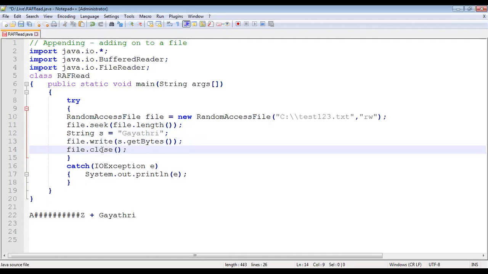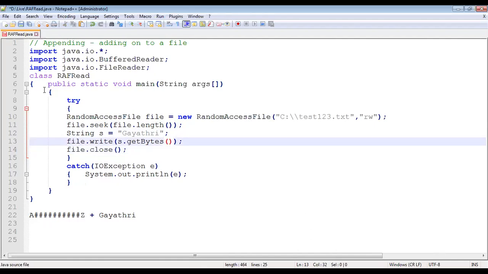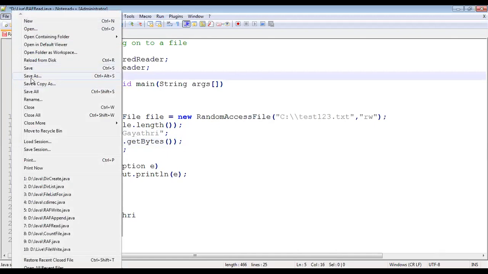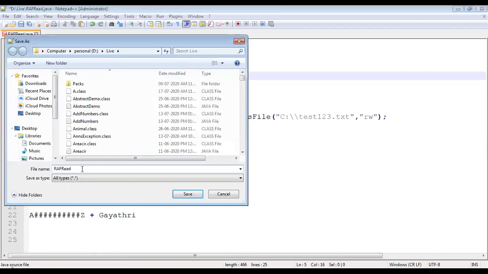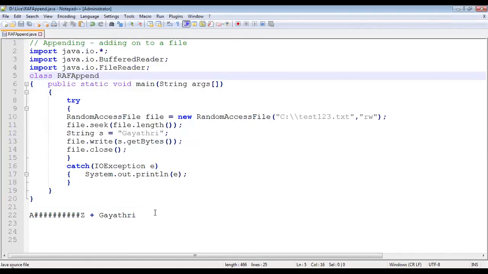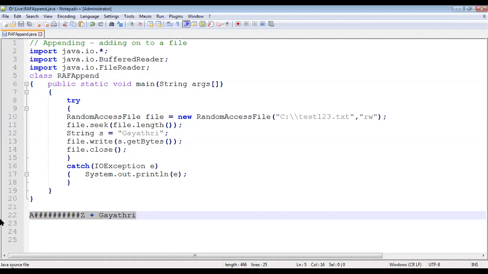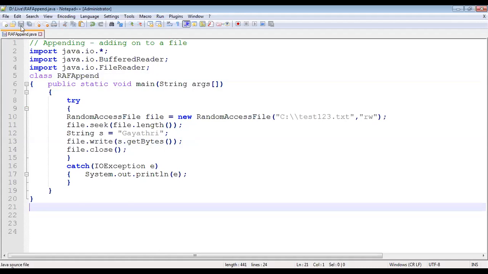Okay, so I'll run my program. Let me just check my code once again. I'll change my file name to RAFAppend, save as RAFAppend dot java.